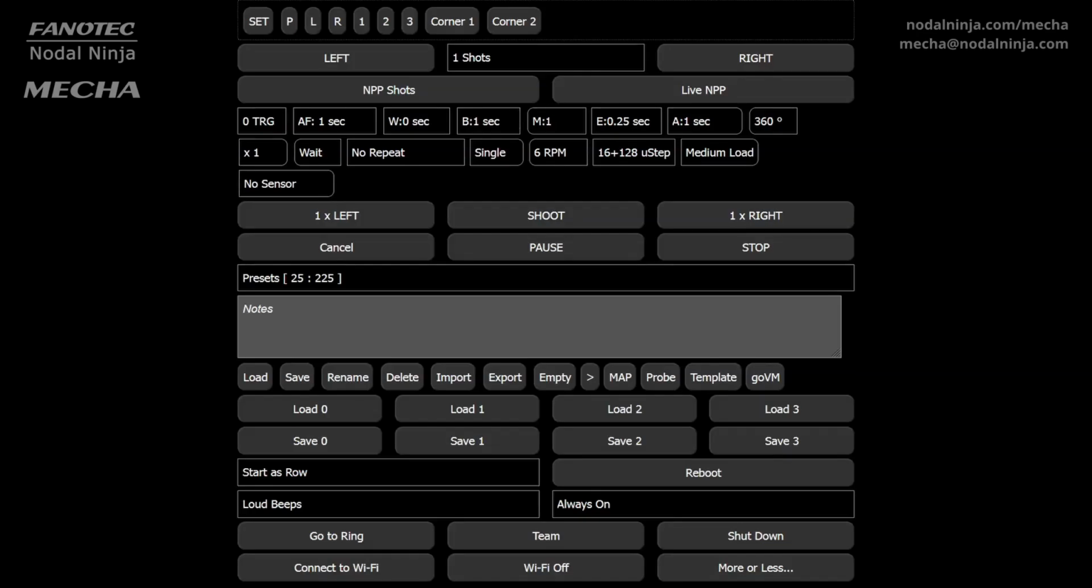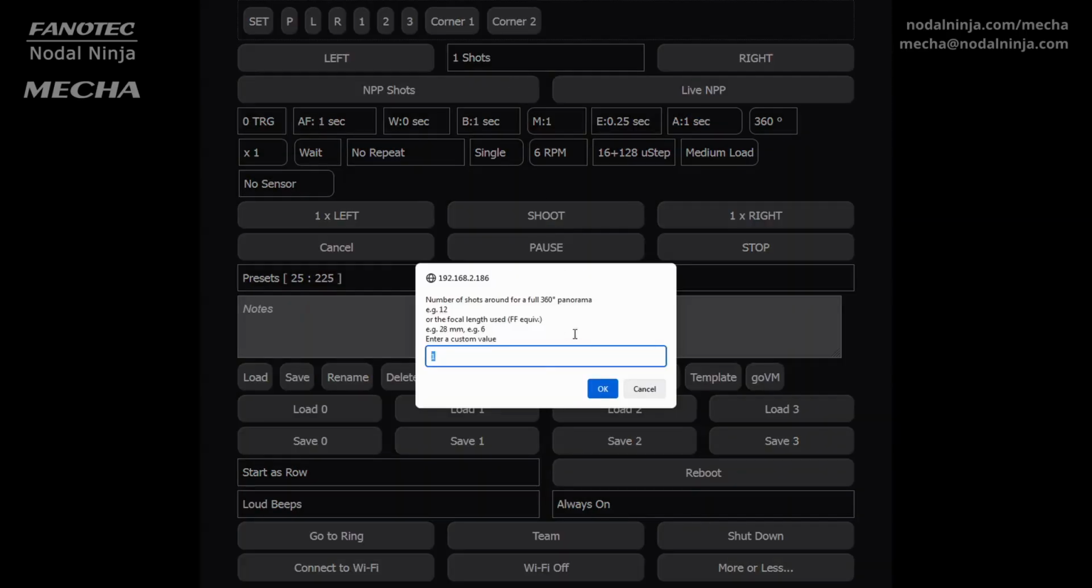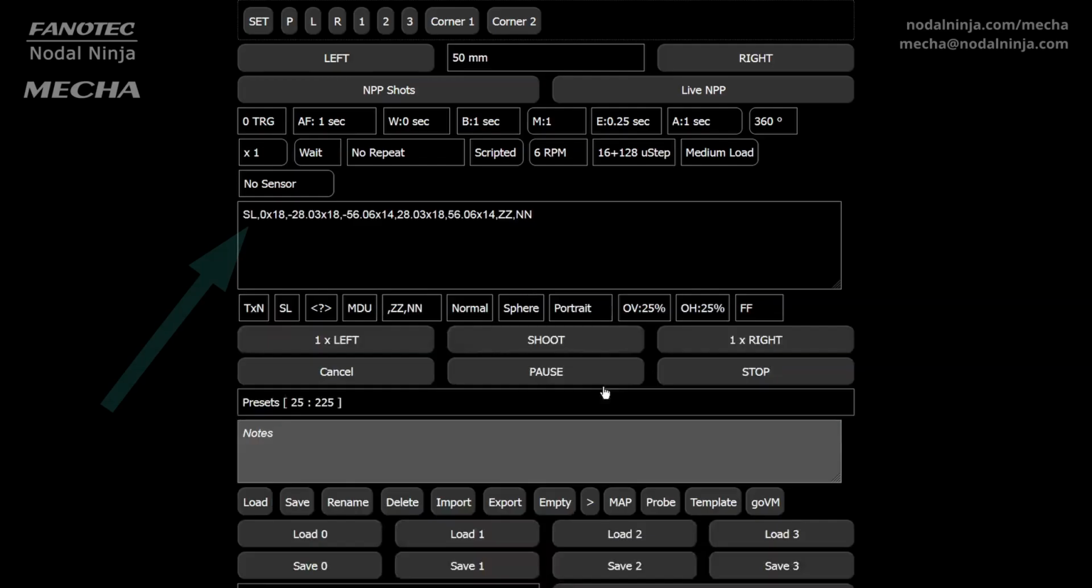Perhaps the most common preset setting is the number of shots. The custom option in the shots list allows you to specify either a desired number of shots or a focal length. Let's see what the difference is between custom 50mm and 50mm 2. When entering 50mm in the custom field, MECHA will compute a shooting pattern for a 50mm rectilinear lens, FF equivalent,